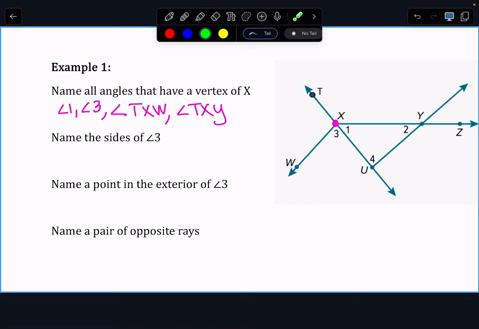Name a point in the X. I heard it say Z. I don't know what